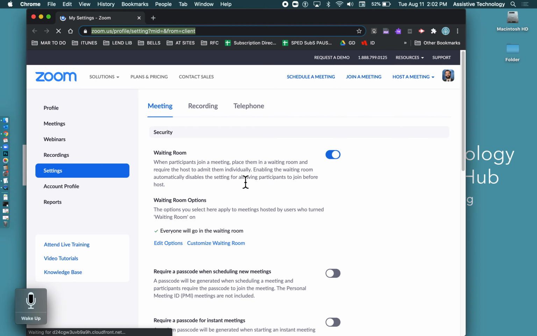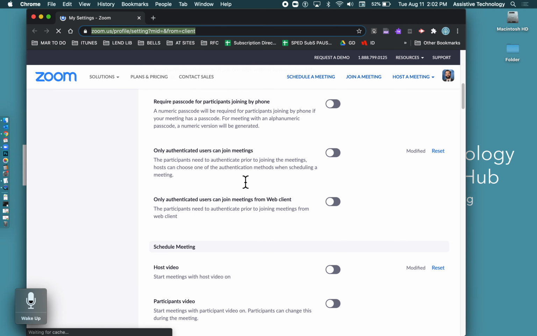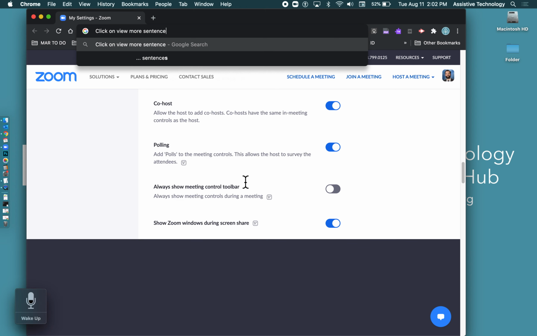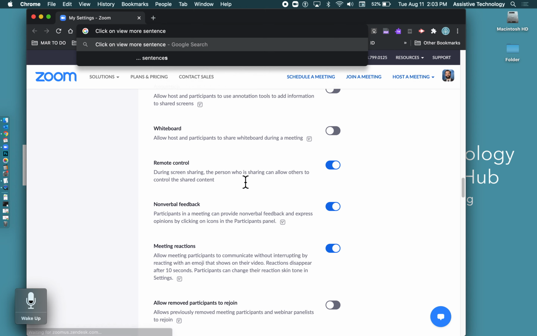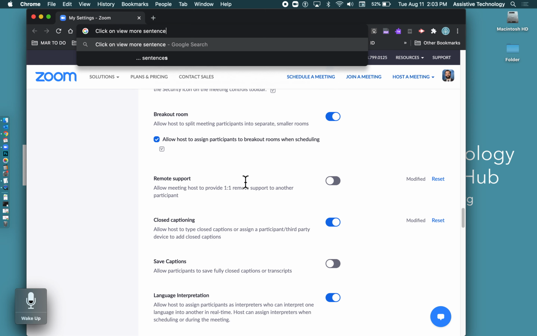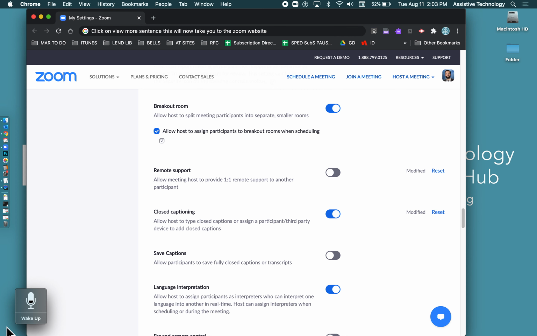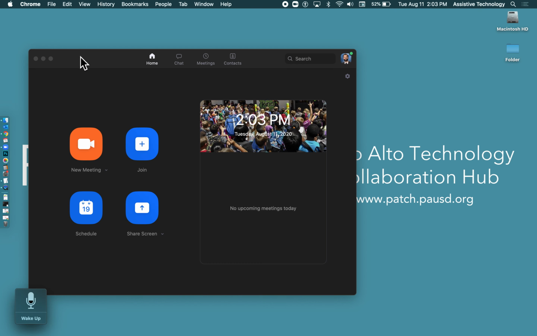You're going to want to scroll down until you see the closed captioning setting. Right there. Make sure the closed captioning setting is on. If it's not on, turn it on. All right. Then you can close your browser window, go back to Zoom,